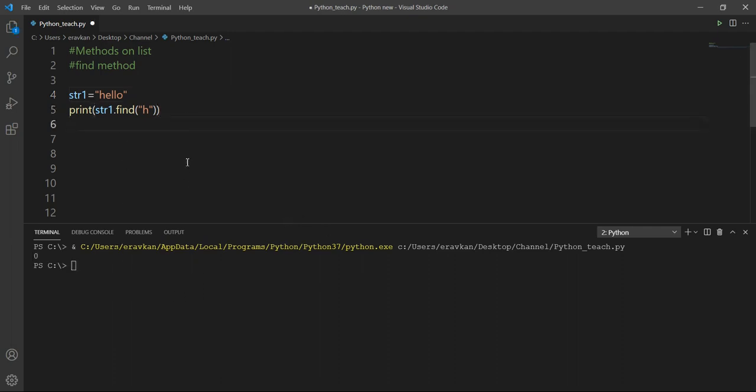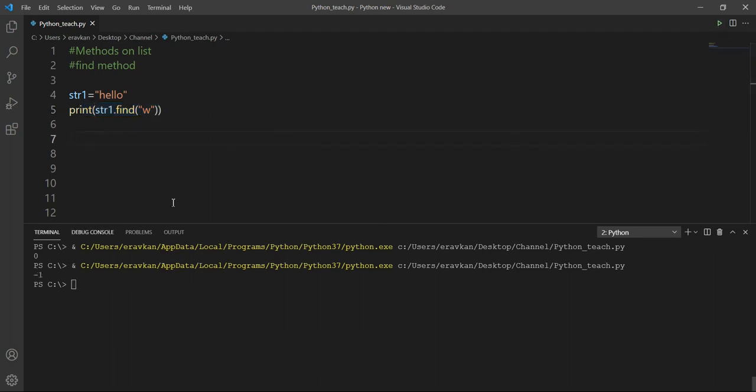If I enter something that is not present, suppose I enter w, then find will give you the output -1. It will not give you any error. But in a list, there is no find method. Only strings have the find method.